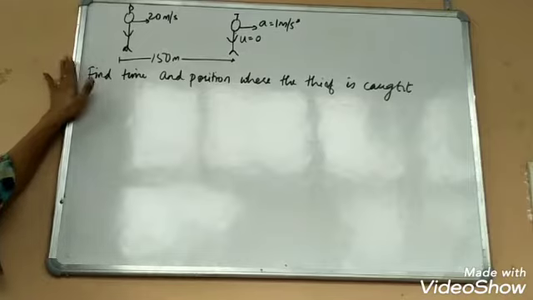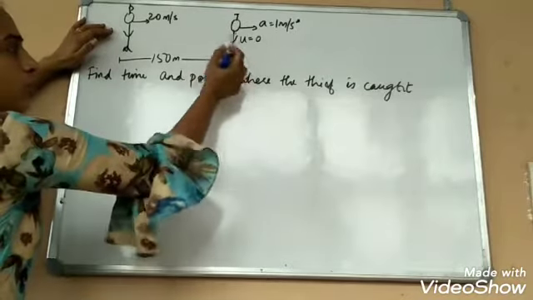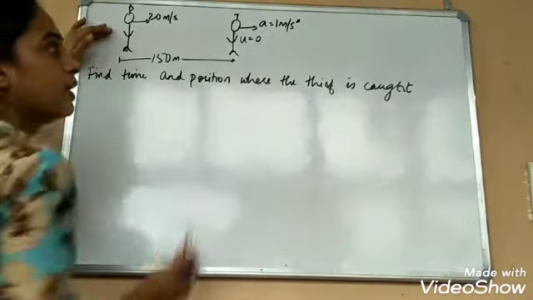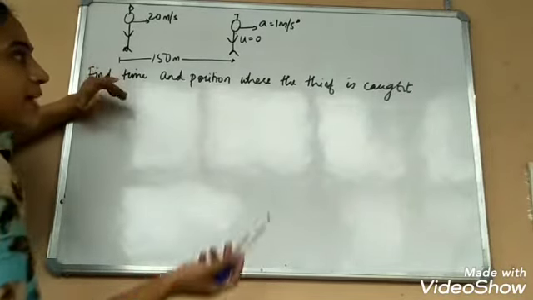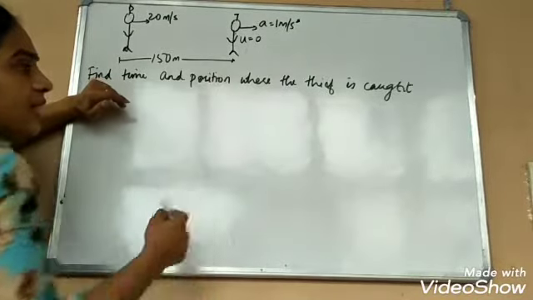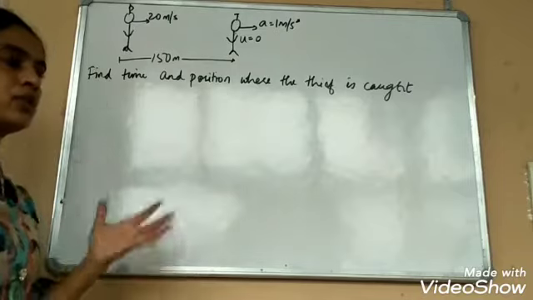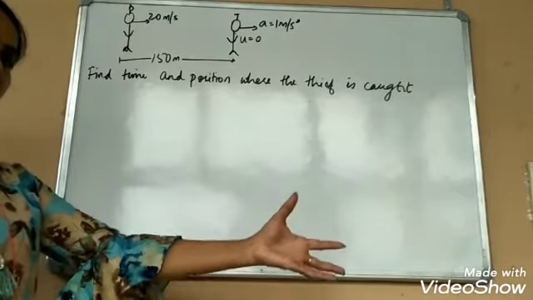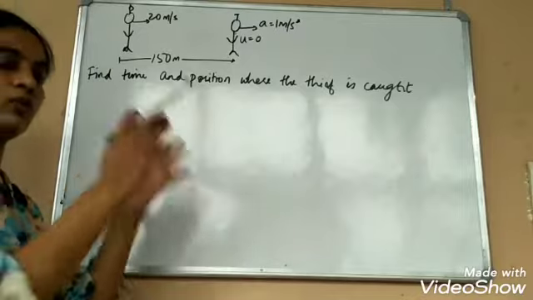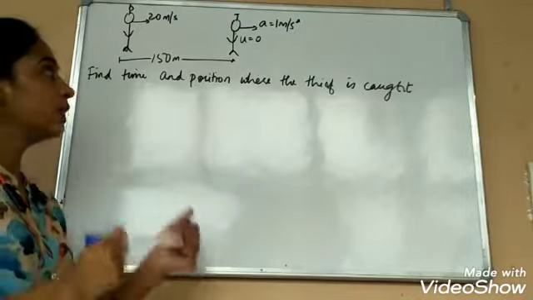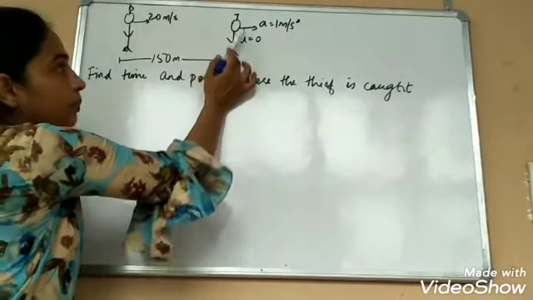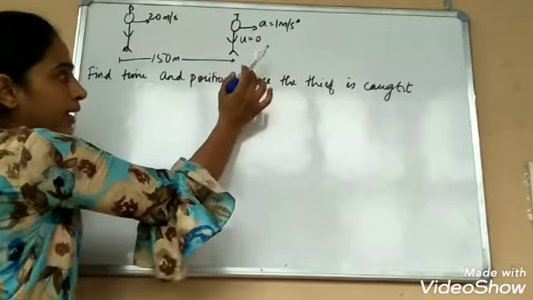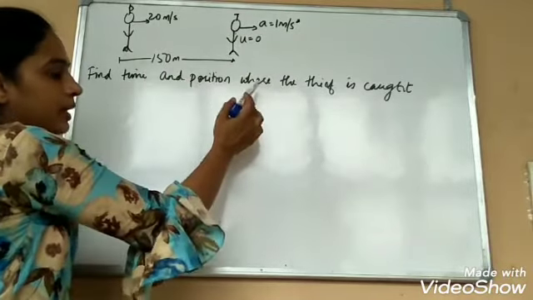One more type of question you can get on the police and thief is, for example, there's a thief who is running with an acceleration of 1 meter per second square. Now in this question, the velocity of the thief is not given, his acceleration is given. One more thing is given, that his initial velocity is 0. You might imagine this situation as the thief was standing and not moving when the police saw him. The police started running with a velocity of 20 meter per second. At that time, the thief was stationary, at rest. He saw the police coming and he started running.